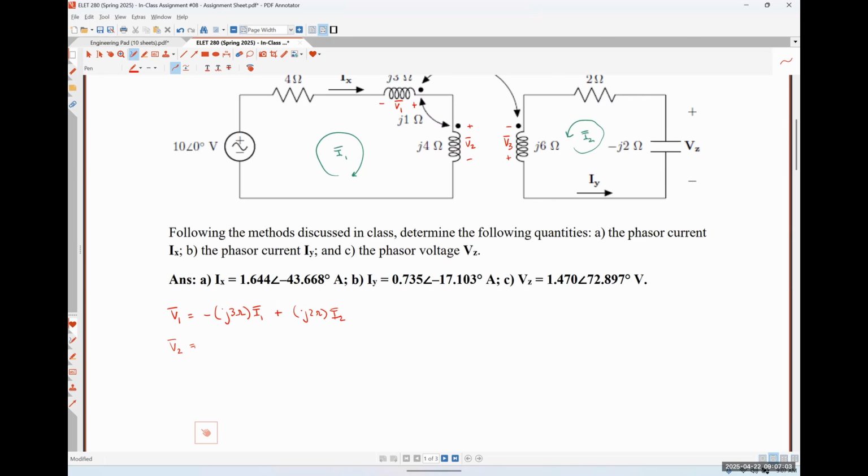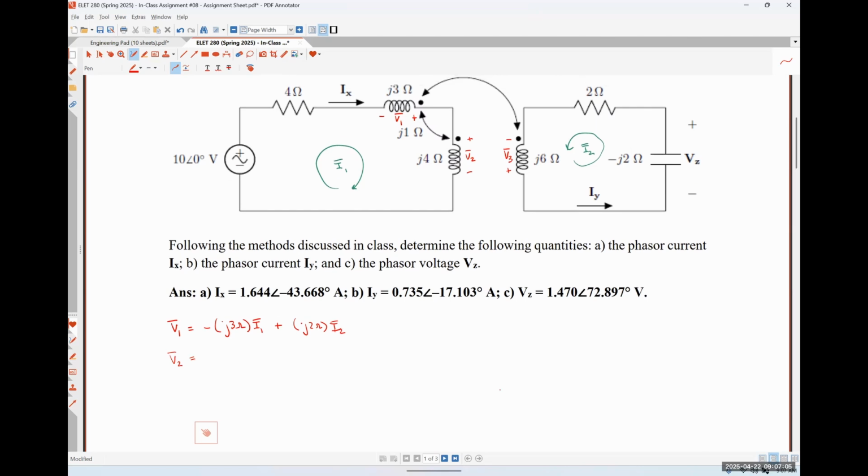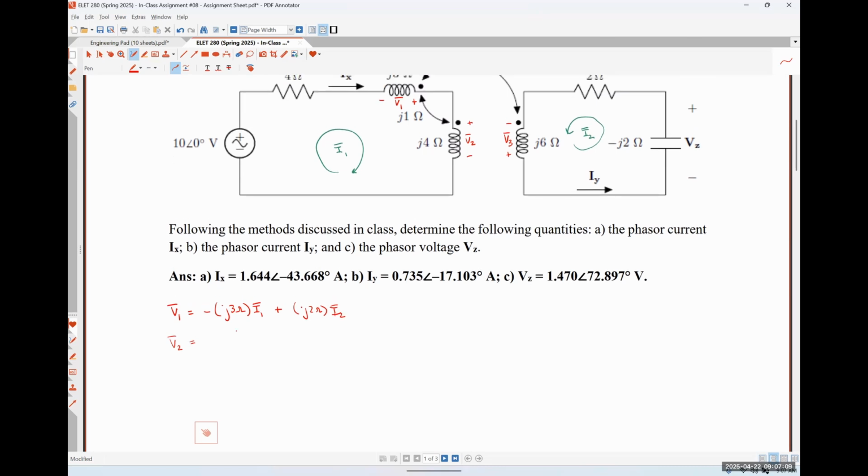So for our voltage V2, I've got a j4 ohm impedance, and I've got a mesh current of I1. Okay, so that's what my self term is going to look like. Should this term get a positive sign or a negative sign? Positive. So it should get a positive sign because